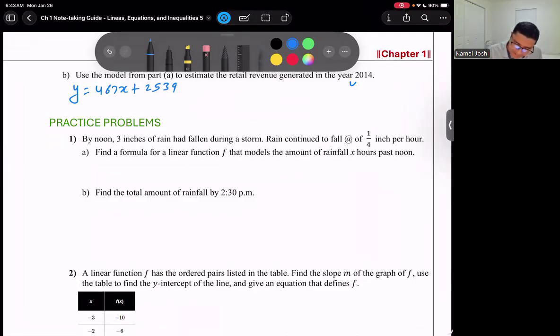In the year 2014, now 2011 is when x equals 0. So 2014 should be when x equals 3. So y at 3 is a way of writing that I'm evaluating the value of y when x equals 3. We read it as y of 3 equals 467 times 3 plus 2,5